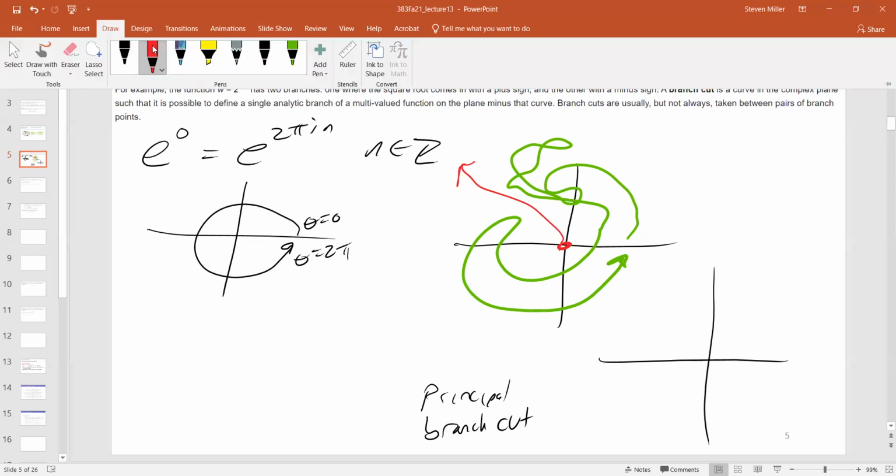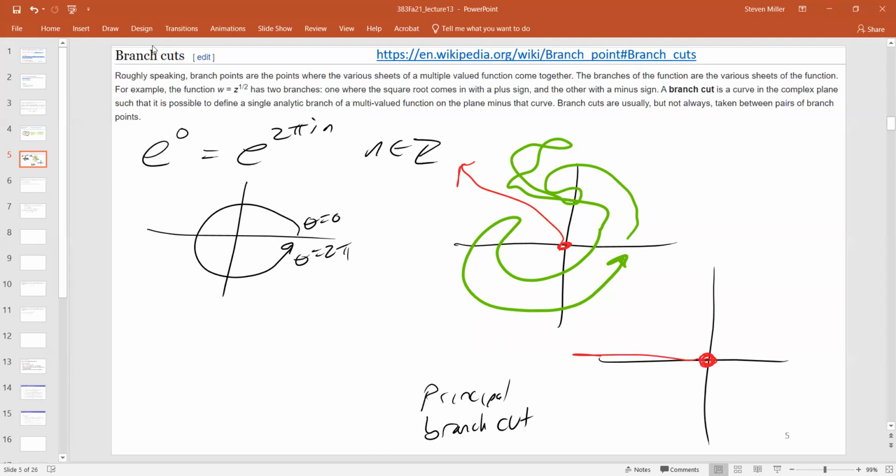And in that case, we throw away this. Why do you think this is a good thing to throw away? Which log is not defined? The real log is not defined for negative numbers. So this is a good choice. Given that the real log is not defined for negative numbers, when we're extending it to complex numbers, why not just say that's going to be the line we're going to throw away?